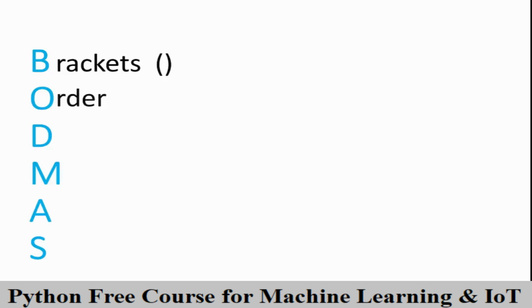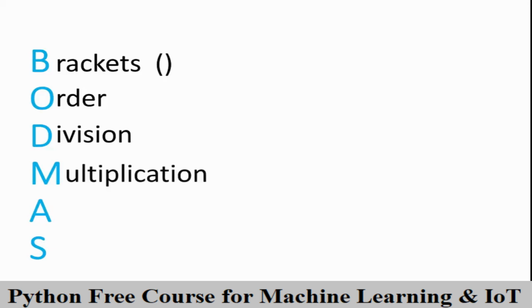After that, we have order, which refers to squaring numbers, cubing numbers, or raising any number to the power of something else. Okay, so cube roots, square roots, all that stuff. That goes second. Then we have division, where you divide 2 numbers. Then we have multiplication, where you multiply 2 numbers. And no points for guessing, A stands for addition, and S stands for subtraction. So the main takeaway from this is that brackets can be used to force operations to occur in a specific